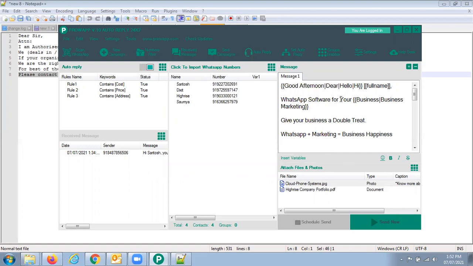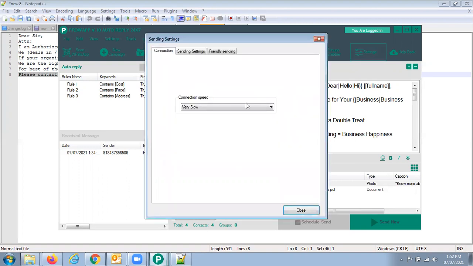Now, the most important part left is the settings, like how to send these messages so that it feels like it is being sent manually. So what we do is go to the settings, connection speed. There are various speeds available, but we generally select very slow, because many a time it happens that the internet at home, maybe broadband or mobile internet, sometimes fluctuates.